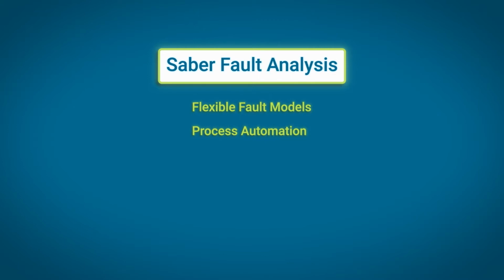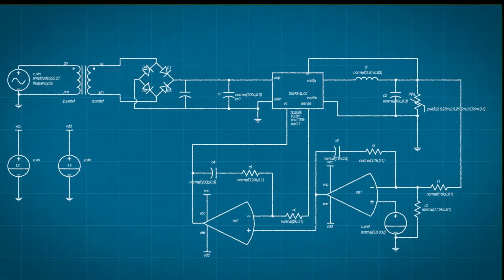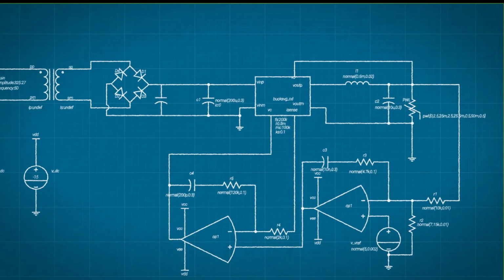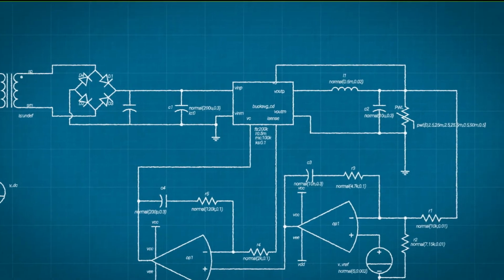Experiments automate the process. Multi-core processing utilizes all computation resources to slash simulation time. A tabulated report identifies system failures. Let's see how Sabre FS works by going through a switching power supply example.